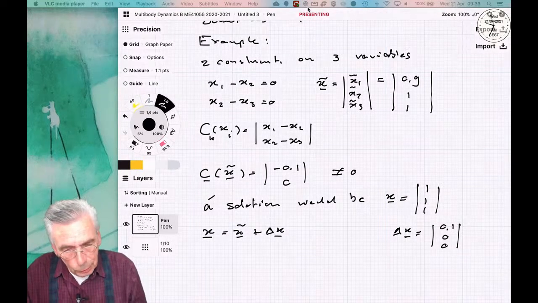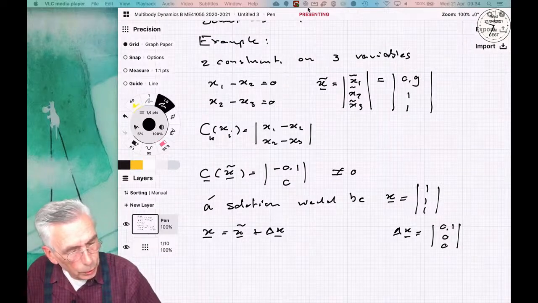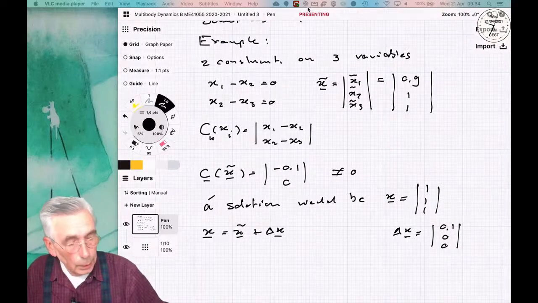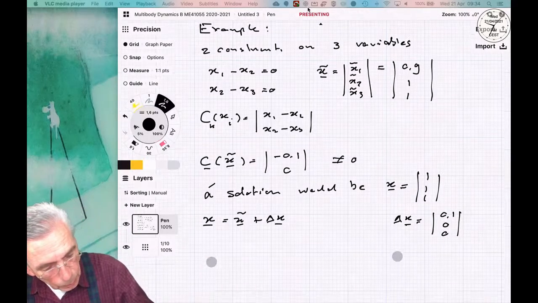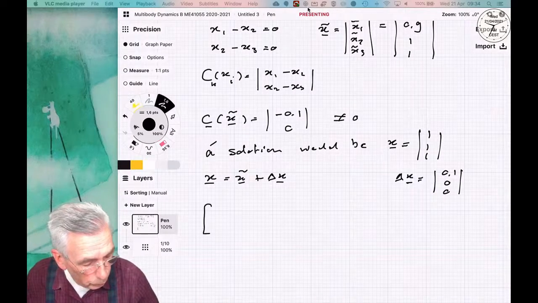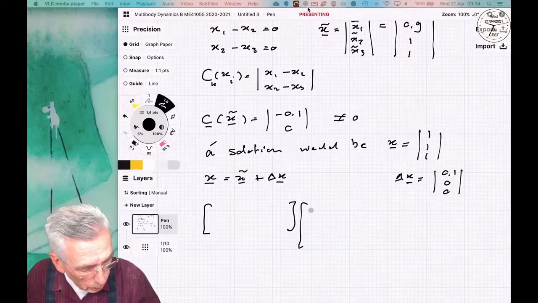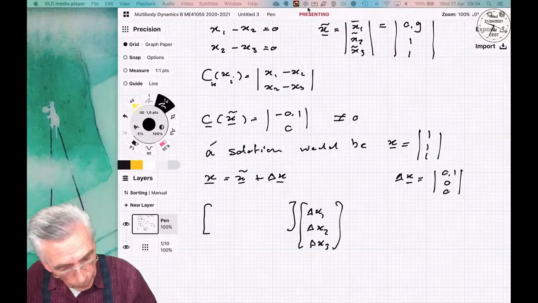And my gut feeling says there must be, because now we only tinkered on this one, but if we tinker on all the elements we can probably make this one smaller. Anyway, we know what the solution is to our problem, right? So if we then formally write our increment delta x1, delta x2, delta x3, we have to take the Jacobian